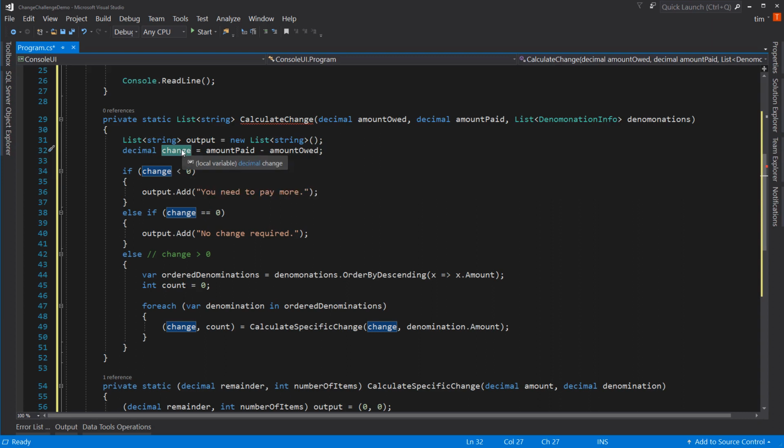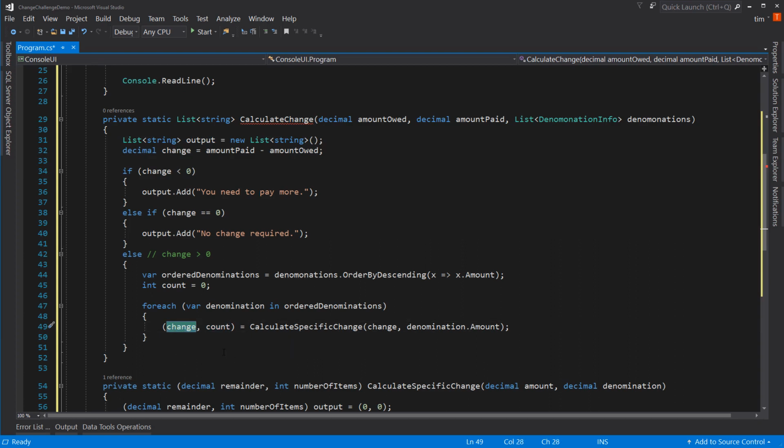So we're going to pass that in, and we're going to pass in our denomination amount for the first one. It's going to be our highest amount, our quarter, and it's going to calculate the specific change. It's going to return how many of them, that's this count right here, and it's going to return how much is left after we do that. Notice it puts it right back into change. So it starts at 77 cents here. We pass that in and quarters. It says, okay, we're going to pay in 3 quarters, and what you have left to work with is 2